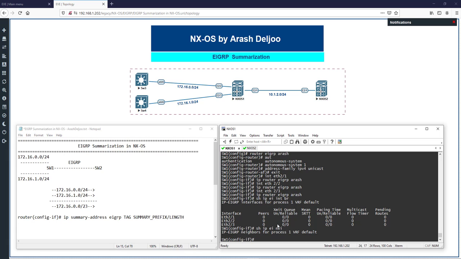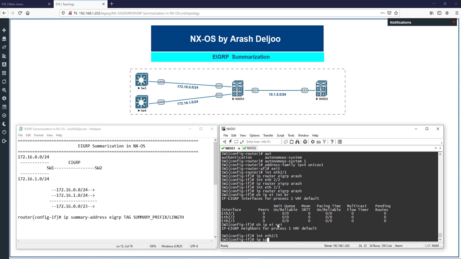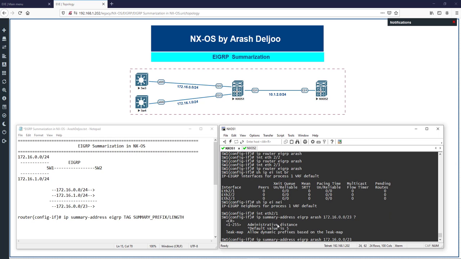Look here in switch 1, interface ETH21, IP summary address EIGRP Arash. What is the summary? 172.16.0.0/23. Also, if you want, you can use the administrative distance. The default value for the summary address is 5, and if you need, you can use the administrative